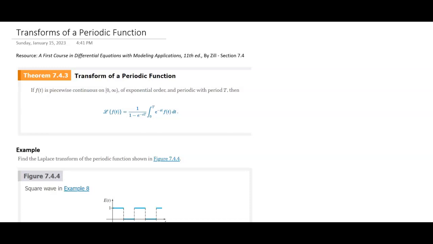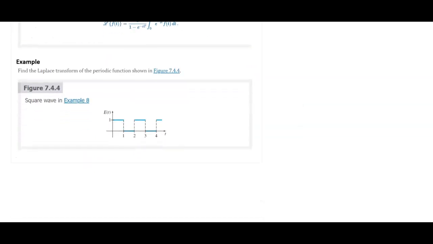All right, this video is going to go over how to do a Laplace transform of a periodic function. I have copied that theorem, that formula, here at the top, and I just want to show you guys an example of how to use that. So I have a square wave example,